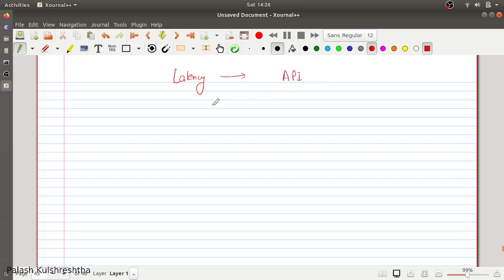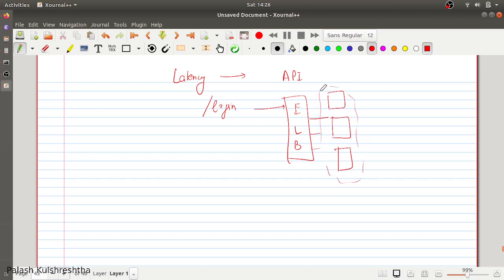For example, you are sending a slash login API to the ELB, and then it is routed to a set of login service instances, and then it is saving that information in a database. There can be different databases, for instance one used for user information and another used for session information.